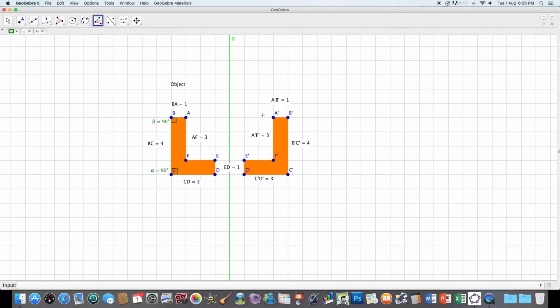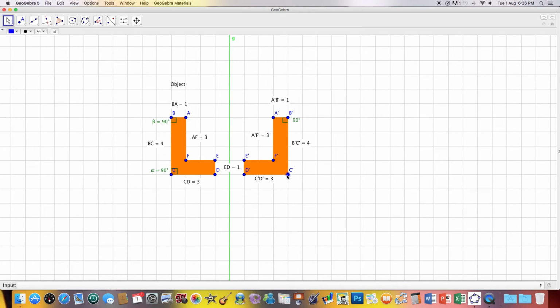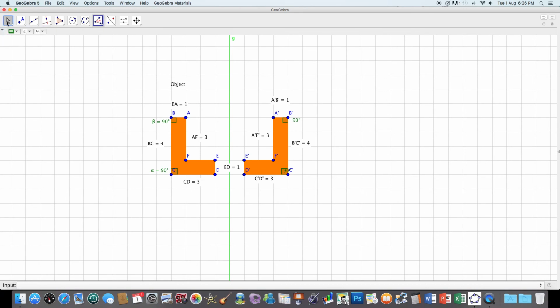I'll measure the angle. And you can see that's 90 degrees, which it was on the other side. And we'll do this one down in the bottom corner here. And you can see the angle B dash C dash D dash is also 90 degrees,